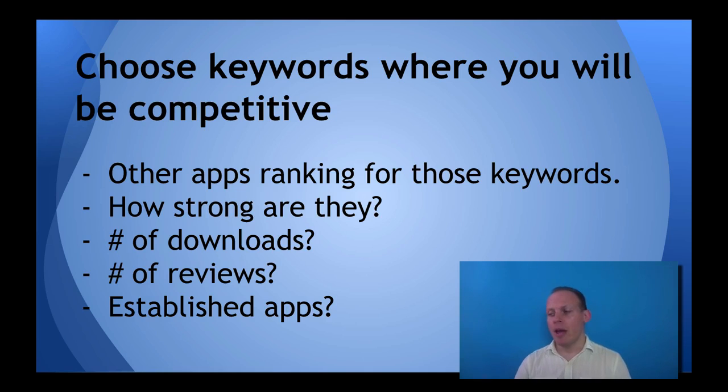So for some apps, for some keywords, you can rank highly in ASO search with very few downloads and reviews. But for some niches, competitive niches like games, health and fitness, finance, business, many competitive niches that are popular, music, photos, social media, you need a lot of downloads and a lot of reviews, because those are the metrics by which the app stores rank you. That and other metrics. I'll show you that later in the course.